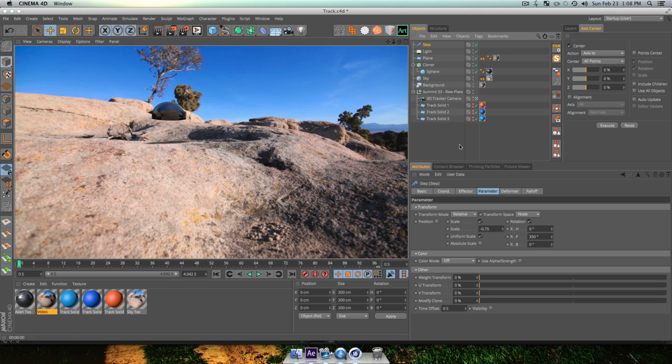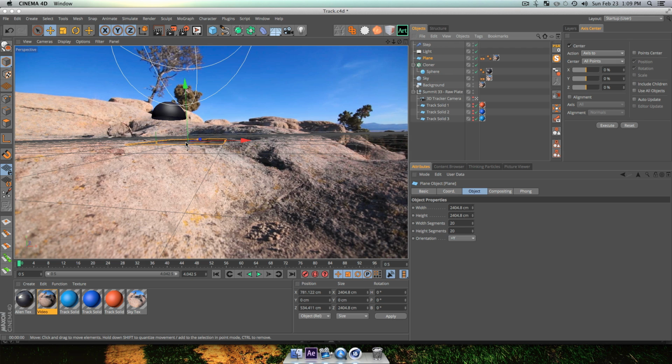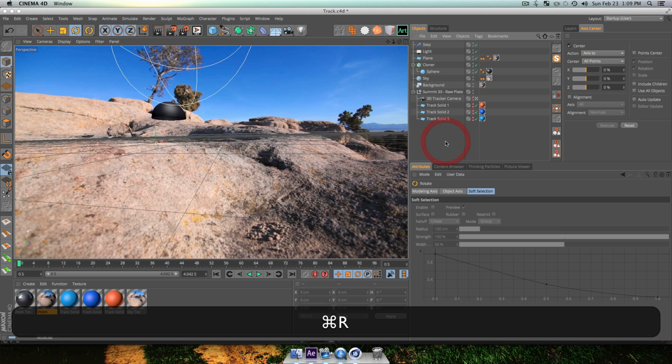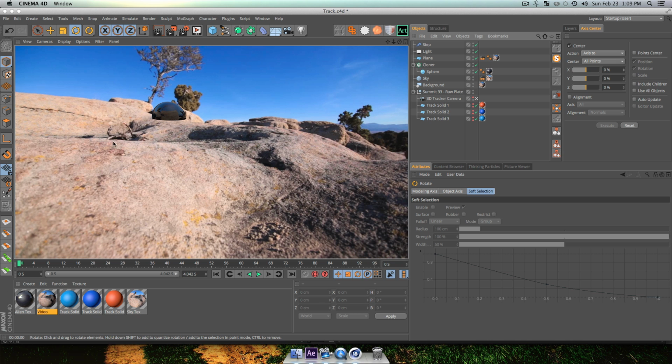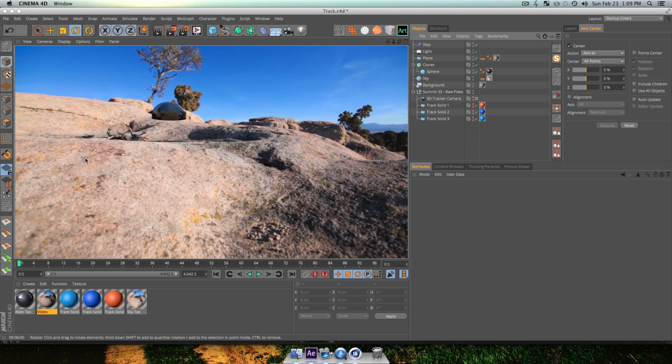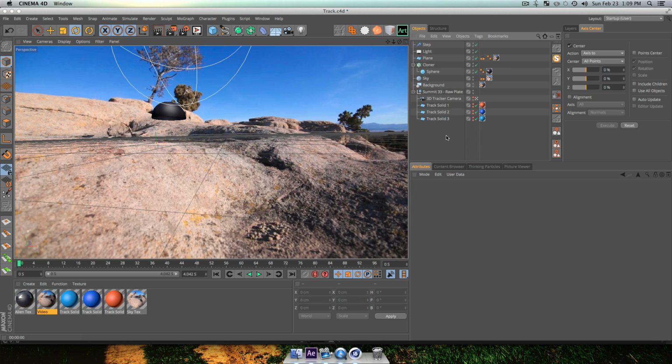I'm kind of happy with this. I think this shadow is catching at a funny angle, so I'm going to kind of cheat and just rotate this a little bit. Press R on your keyboard with your plane selected and rotate it to fix it a little bit in the environment. It didn't line up perfectly, so get it to line up with the rest of the shadows. Obviously from this first perspective, it doesn't look too right, but that looks better. So just tweak it a little bit.